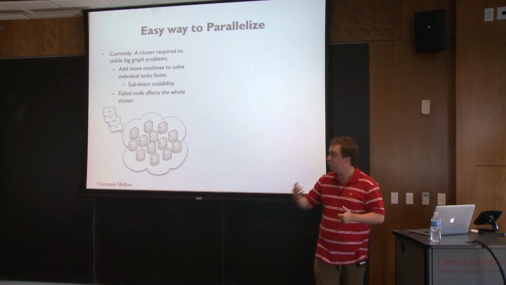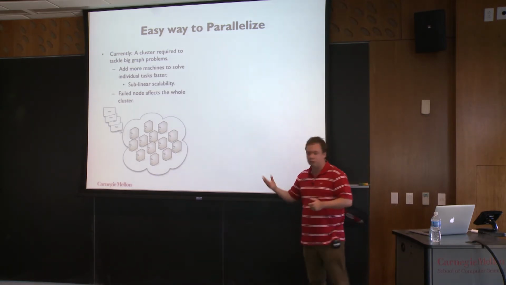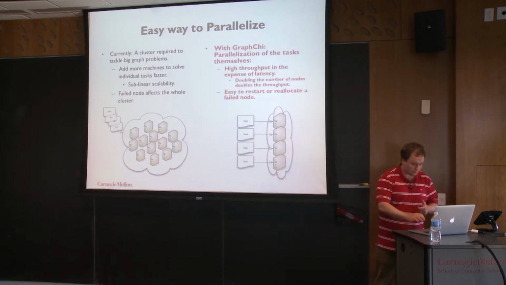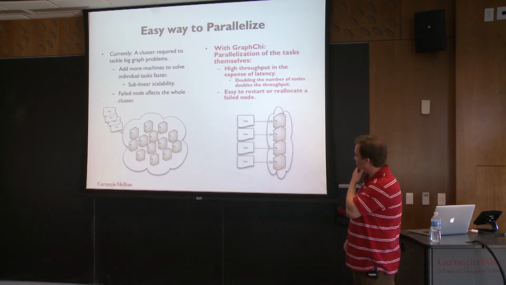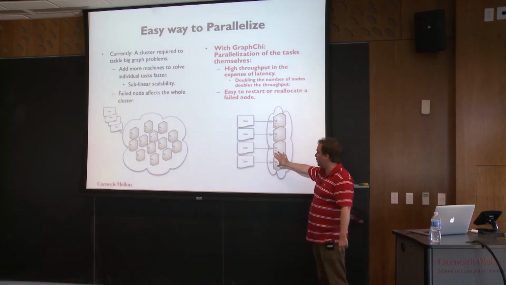So you need to deal with fault tolerance and things like that. And usually these systems don't scale very well. So if you add more machines, you don't get the bang for the buck. Instead, with GraphChi, this system I'm talking about today, what I want to propose is that because now you can use a single machine to solve the same problems,